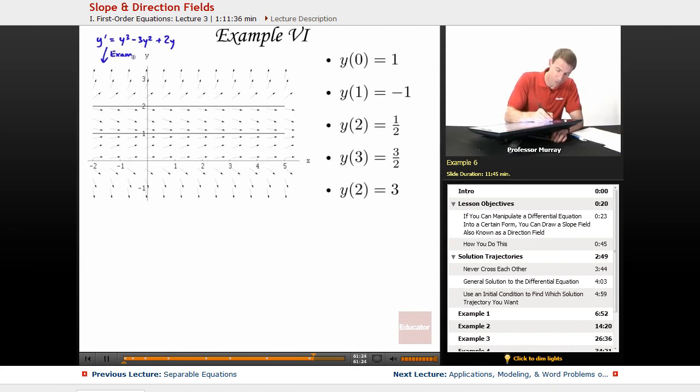You should be kind of nodding your head in recognition. If you're not, if you're looking at this and wondering where it came from, then just go back and watch example 5, and you'll see exactly where this comes from. So first thing we had to do was draw some solution trajectories, and we already got an idea of this